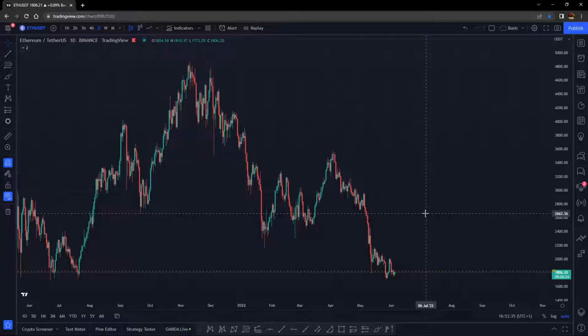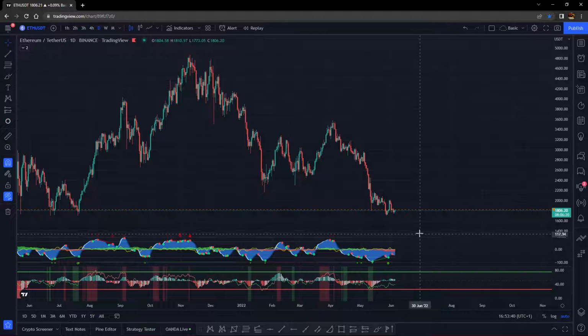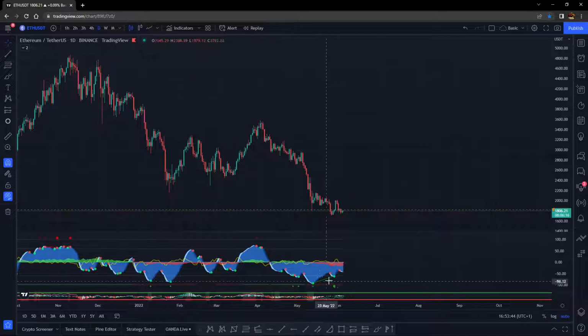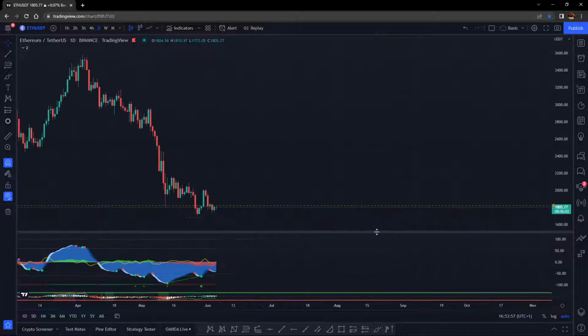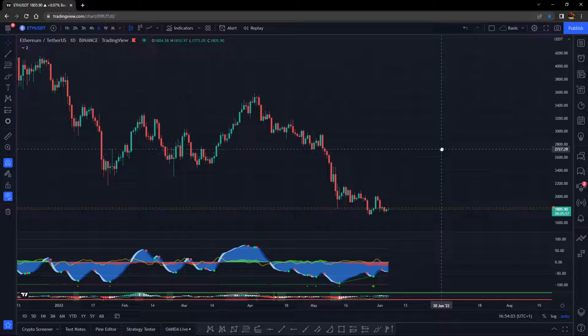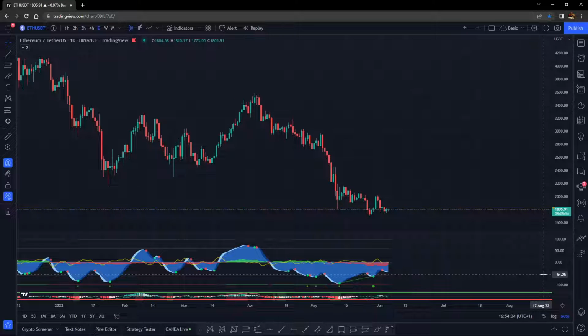Now, the thing that I've seen is we've got bullish divergence on the daily. So these two lows here, we've got divergence there. So that's one thing to bear in mind. So yeah, it could be bullish, and also